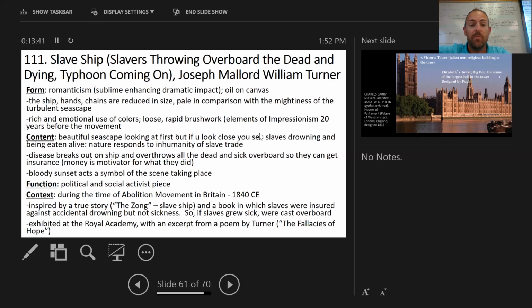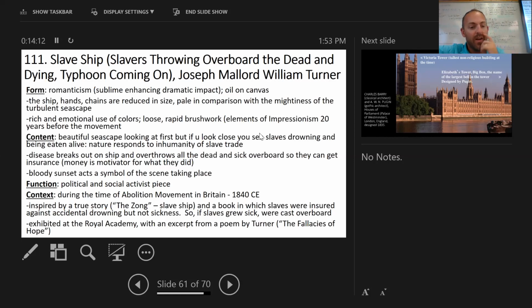So anyway, the functionality: this is a political, social activist piece. This is a guy that's pushing for the abolition of slavery. And this is when in Britain the movement is happening, right? It is going on. So this was created to push people to push for abolitionism. This gave people a visual to say, hey, look, this is what's going on. Remember, they didn't have movies, they didn't have TV. So this is the best art form they had, and it works because the abolition of slavery will happen not